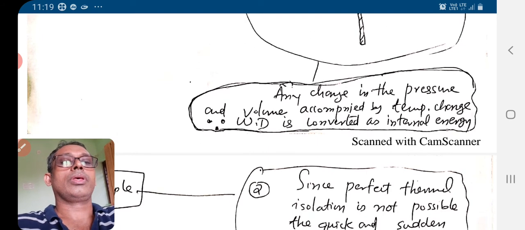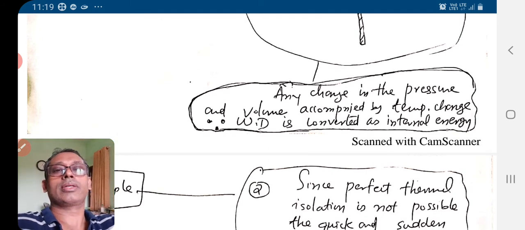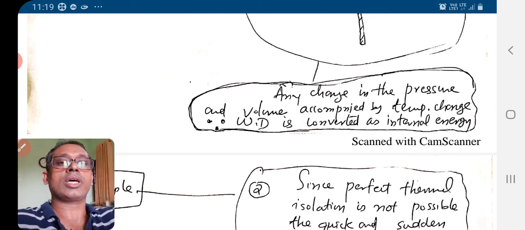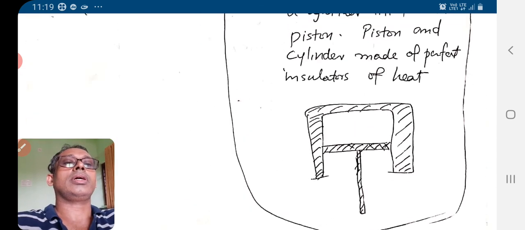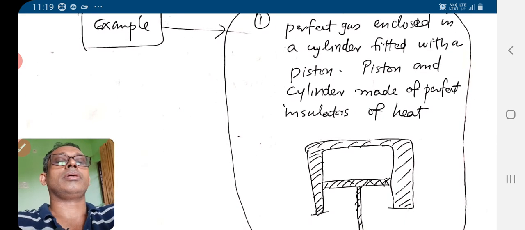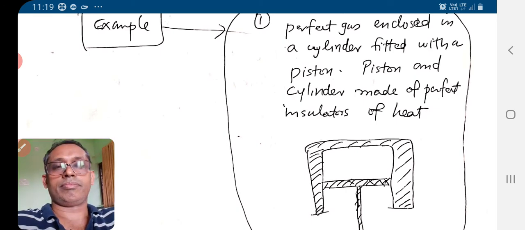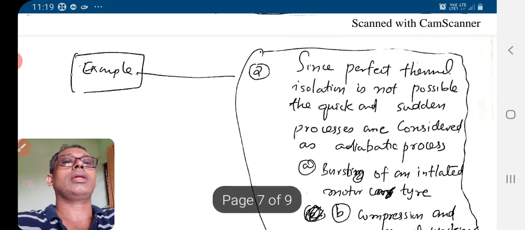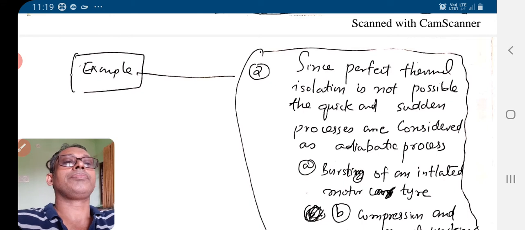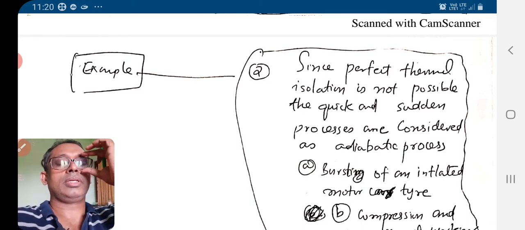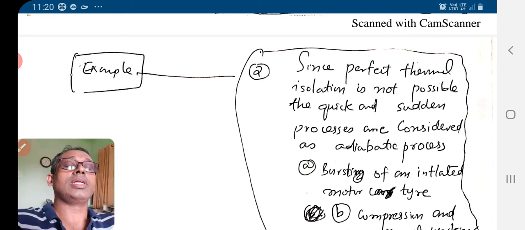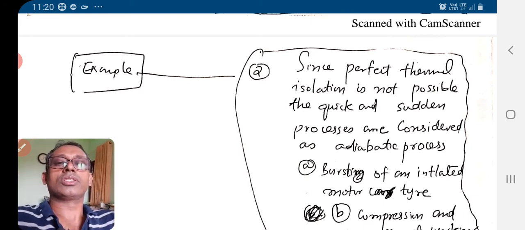When the gas is doing work, its internal energy decreases. When we do work on the gas, its internal energy increases. So there will be a change in temperature. So this is an example of an adiabatic process. Then in practical cases, any sudden or quick process is an adiabatic process, because the system will not